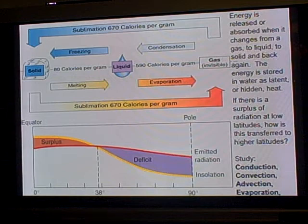Well, it's not usually the way you think about it, but liquid water has energy in it because it is no longer solid, right? So that is stored, that's hidden or latent heat. And the same happens when it evaporates into a gas. That's even more energy put into it. So why is this important? Why does this matter? Well, in a nutshell,